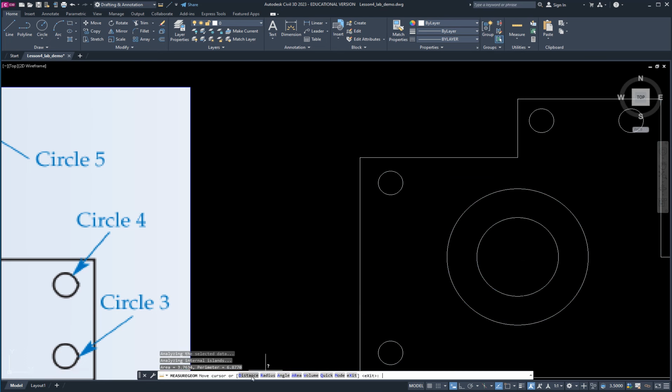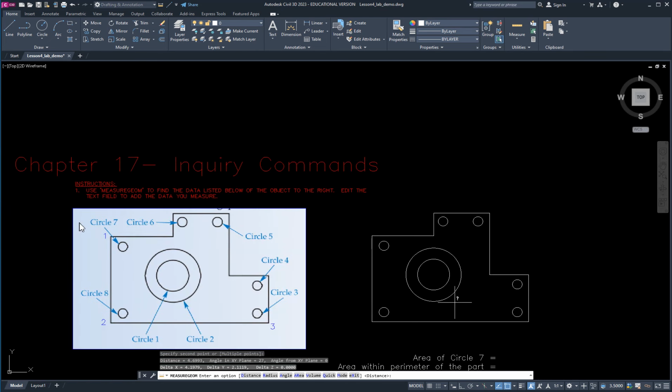I could go back to distances, and where do I want to measure from? I want to measure from there. It'll measure the distance, give me my X and the Y and what my total is. So my total distance is 4.6993. It's in the X and the Y. Here's the angle from that. So if I want to know the angle,